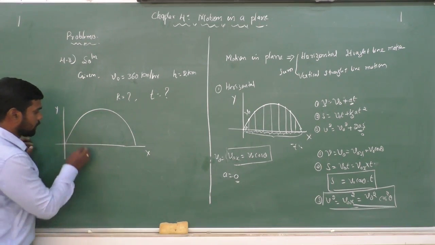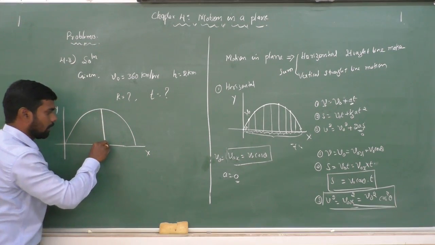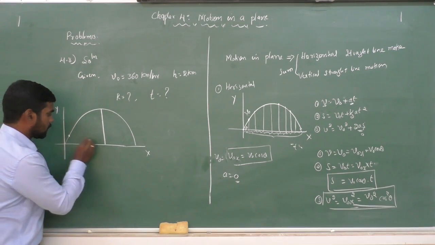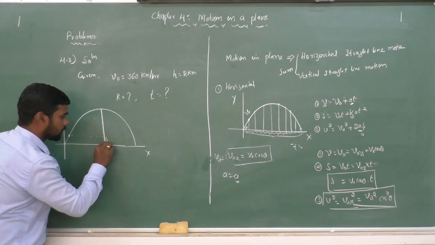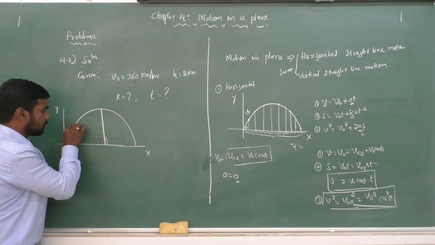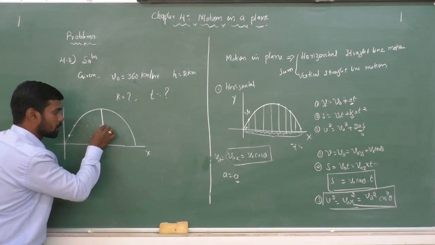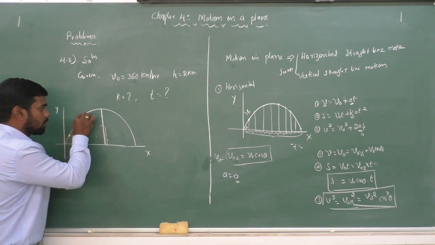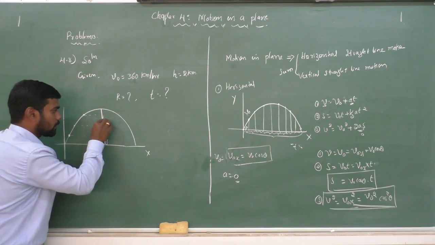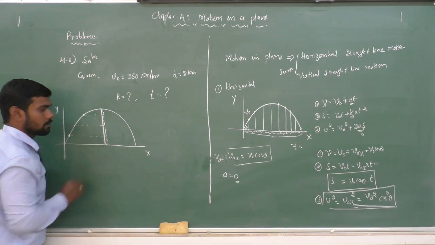I am going to do this complete thing. I'll take the maximum distance here, this one, I'll consider as reference. When the object, the projectile, moved from here to here, that means the object moved this much distance in the y direction. Similarly, when it reaches here, it has reached this much distance.